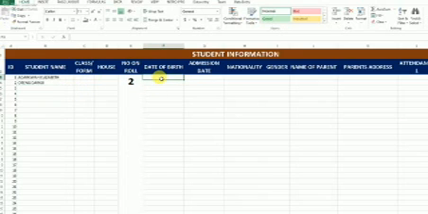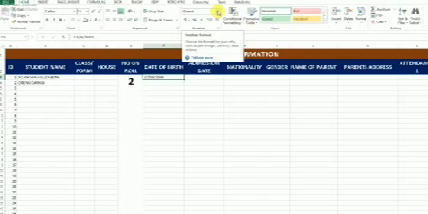Now let's go to the date of birth. Let's say 16/06/2009. With the date, you have to come to this place, where we have General, and we select Long Date. Let's say for the other one it's 26.